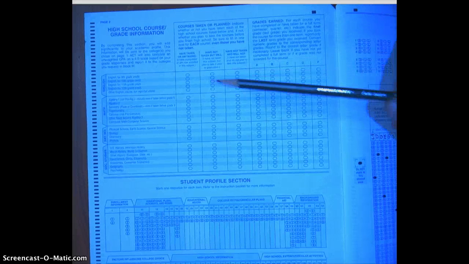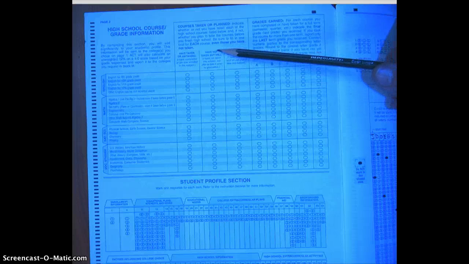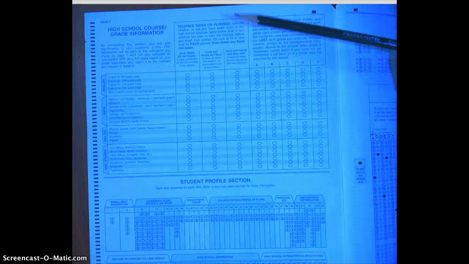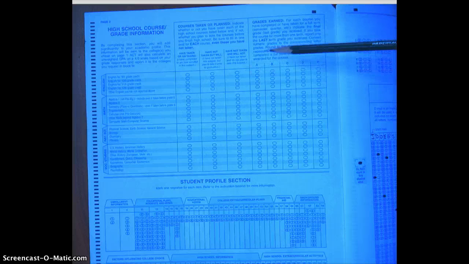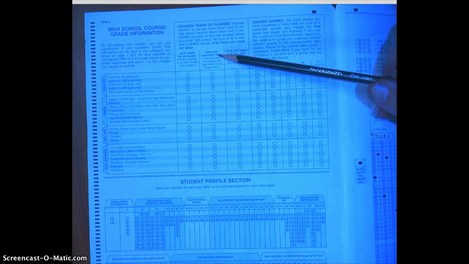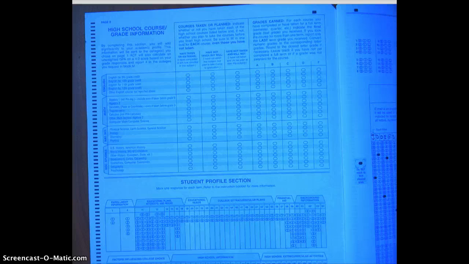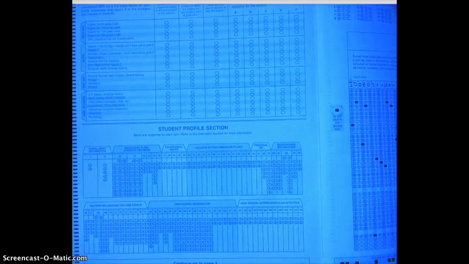If you have not taken one of these courses, you're going to fill in either, I have not taken this course, but I plan to, I will, or I have not taken this course and I do not plan to. In the event that you have not taken one of the courses, you will not need to put in a grade for that course. The next section is the student profile section at the bottom of that. This takes a considerable amount of time. And what they're asking for here, you can find